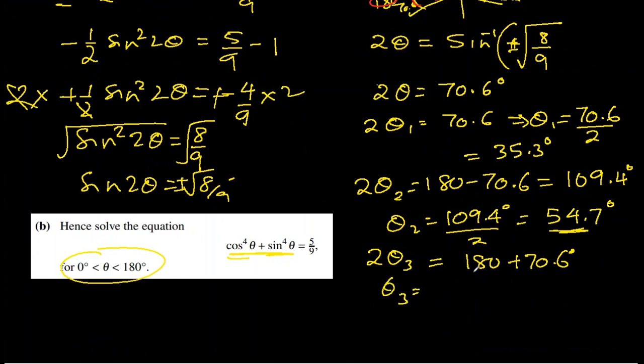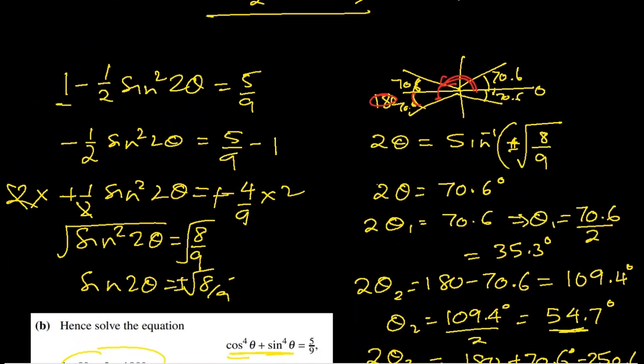The total will be 250.6, correct? So half of this is 125.3 degrees. Number 4, theta 4. 2 theta 4 will be in the fourth quadrant, and that angle will reach from here further till here, which is